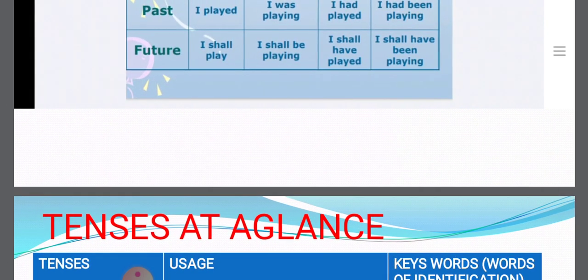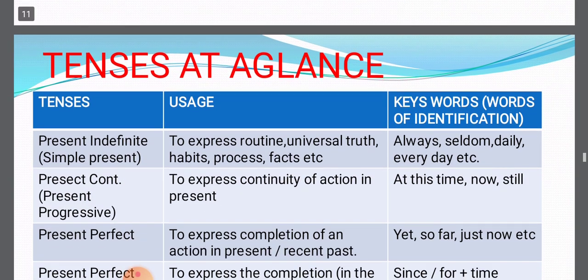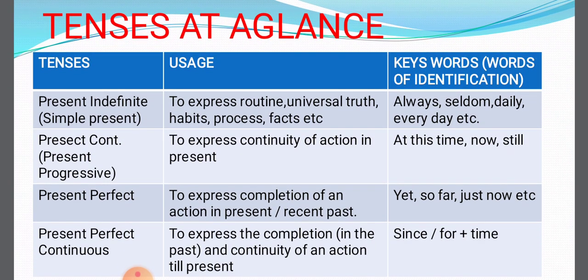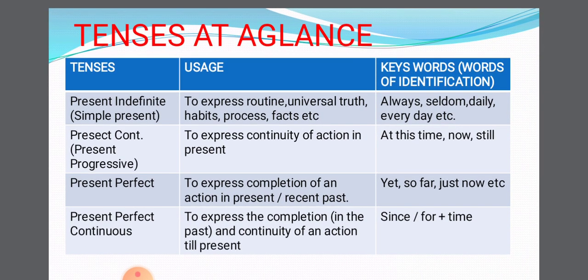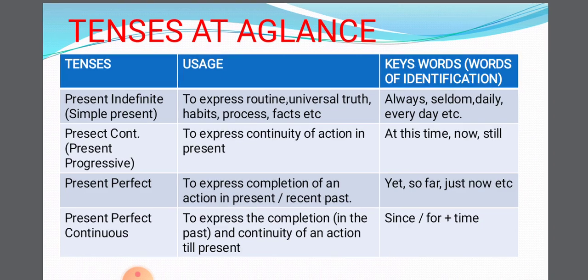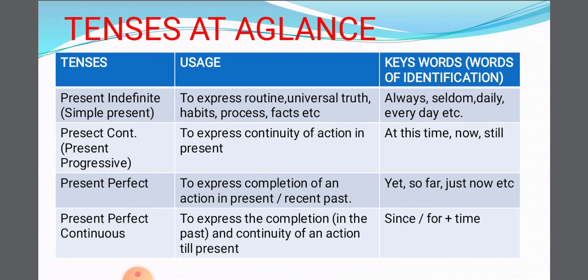Now I would like to refer to something very important. After doing all these things, this is important to understand, and this will actually help you greatly to find out which tenses should be used where. Now, tenses at a glance. Now we'll see what the keywords are. For example, I have given here tenses, uses of tense and keywords. This will sum up the whole discussion that we have done till now.